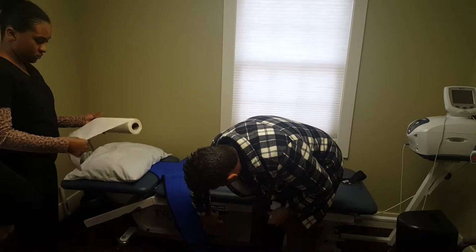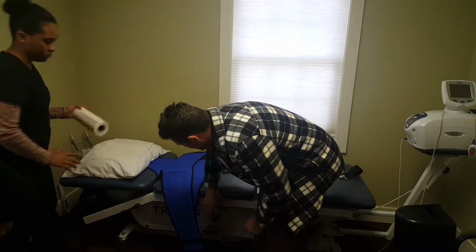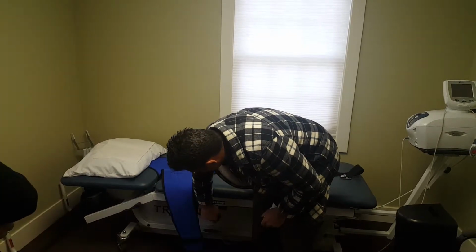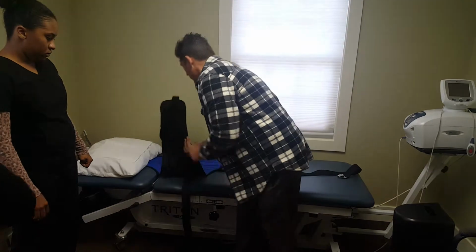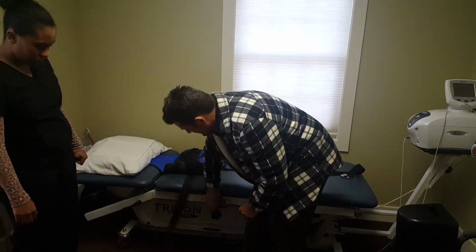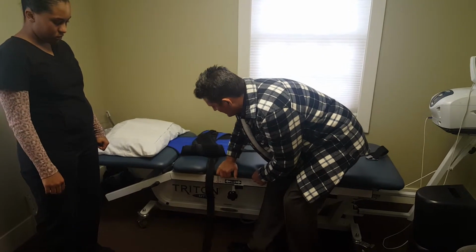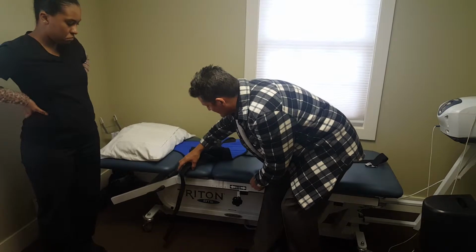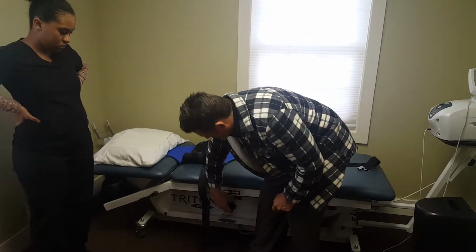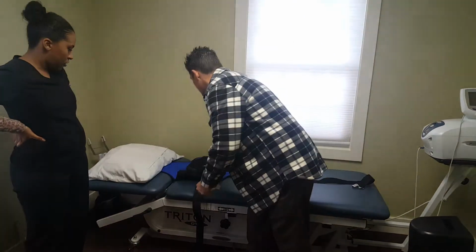table is, want to make sure that the table is locked. Table's locked. And so as you saw, when the table is unlocked, this will actually pull open, right? And it's supposed to separate, and we'll talk about that in a moment. But before the patient gets on it, we want to make sure that the table is in a locked position. Okay. So